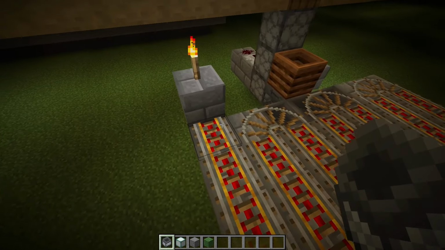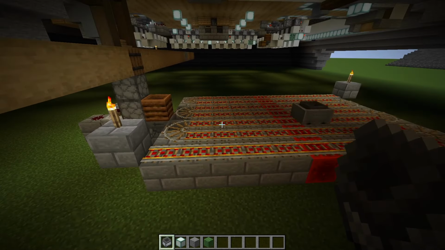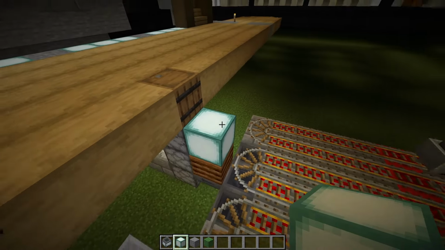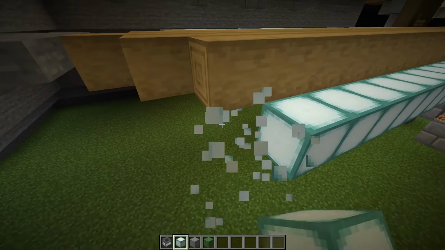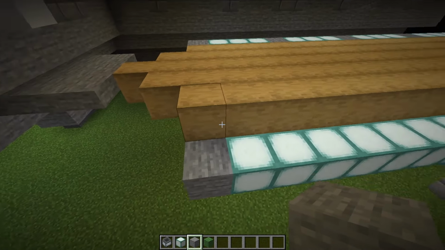So now you can just grab a hopper minecart and place it there, and it's just going to run back and forth forever. So now grab some sea lanterns, and we're going to place 1 on top of the composter right there. And then we're just going to build these across and keep going until you get to the end right here, and we're going to place a stone block just next to that